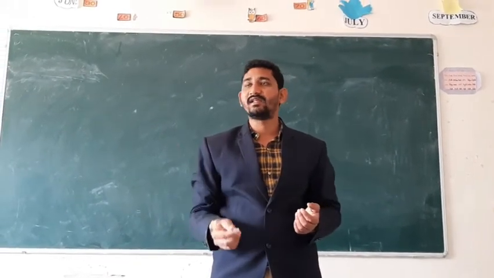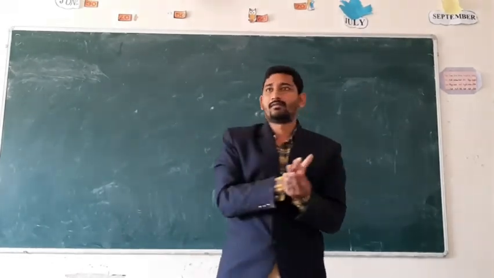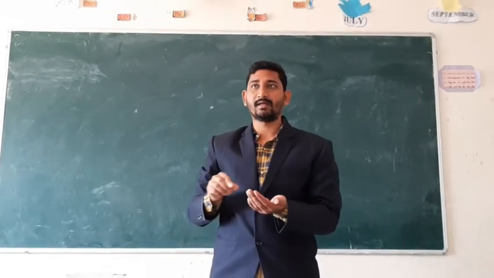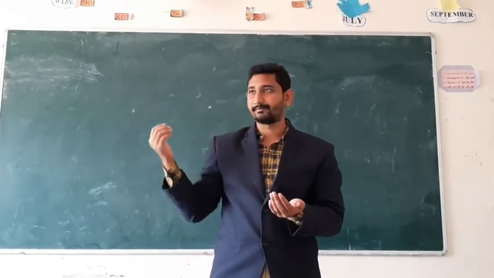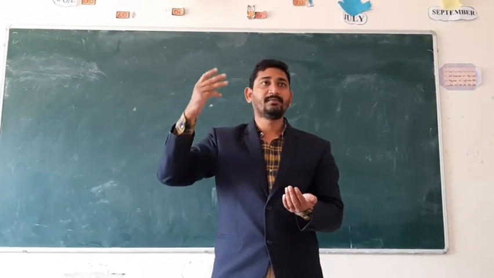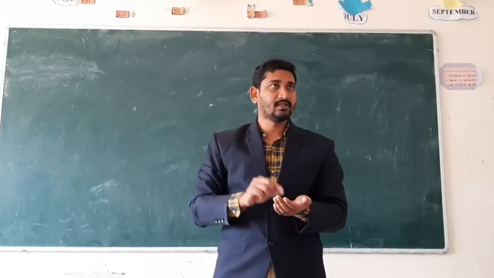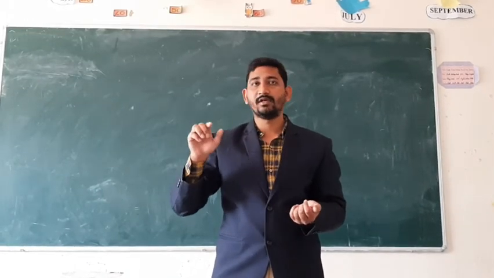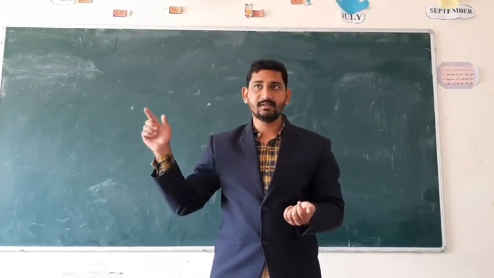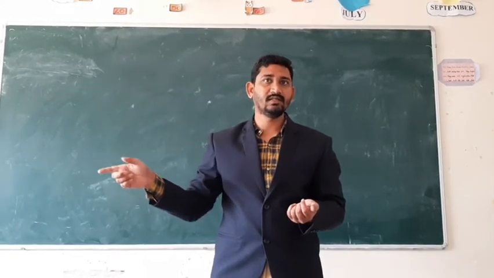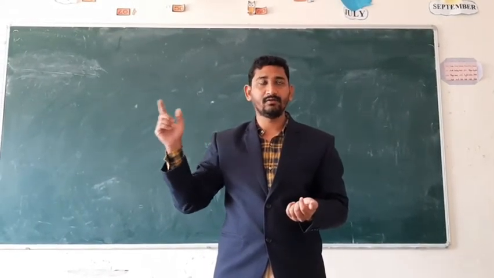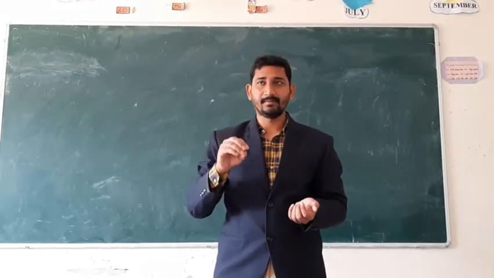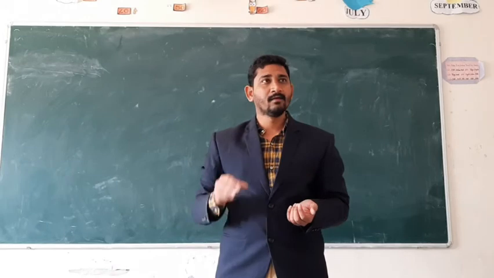And if we consider the total path from here to there, and again it reached the same point where it was lifted up, displacement of this object is 0. What is the work done formula? W equals F into S. S means displacement. S is 0. F into 0 is 0. Work done will be 0 if displacement is 0.